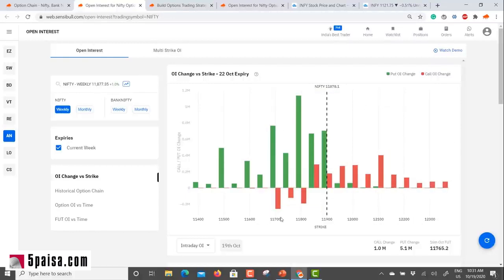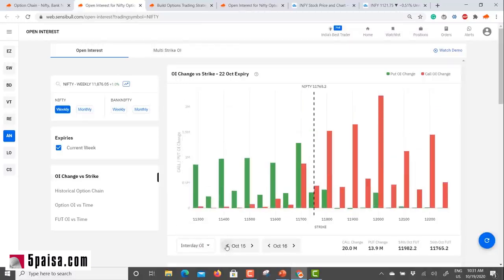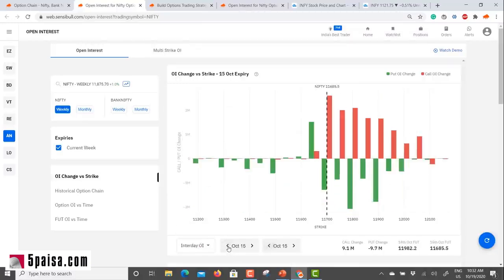So let's look at some past examples, right? So I can change it to intraday, and let's go for that day when there was a fall. Yeah, this was a fall when Nifty did around 300 point fall between 14th and 15th October, and let's see what happened on 15th October. So you can see it here. 14th October futures was trading at around almost 12,000, and the next day it was trading around 11,700, right? So on that day when Nifty fell 300 points, you can see calls increased by 10 million, puts decreased by